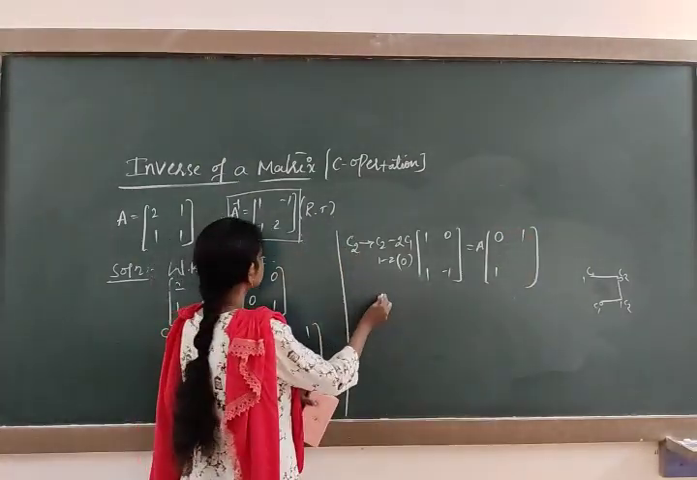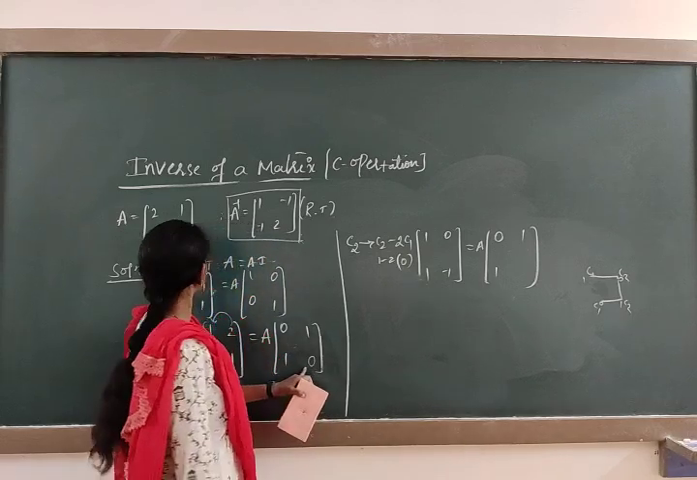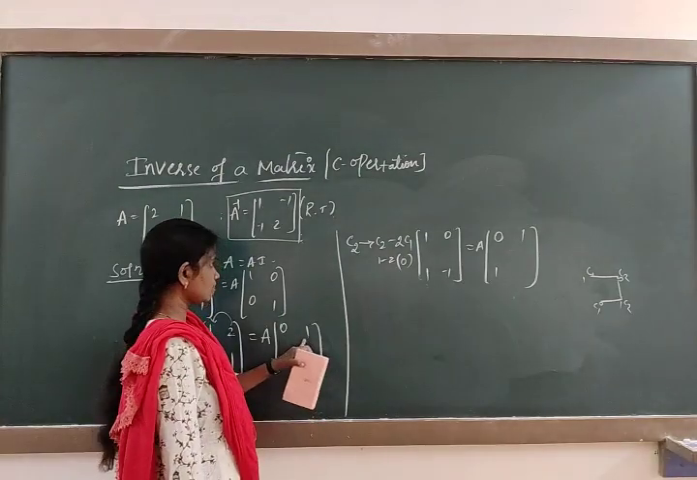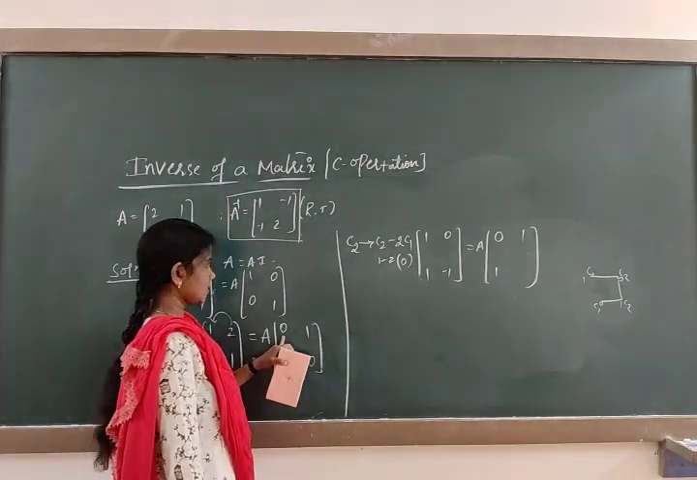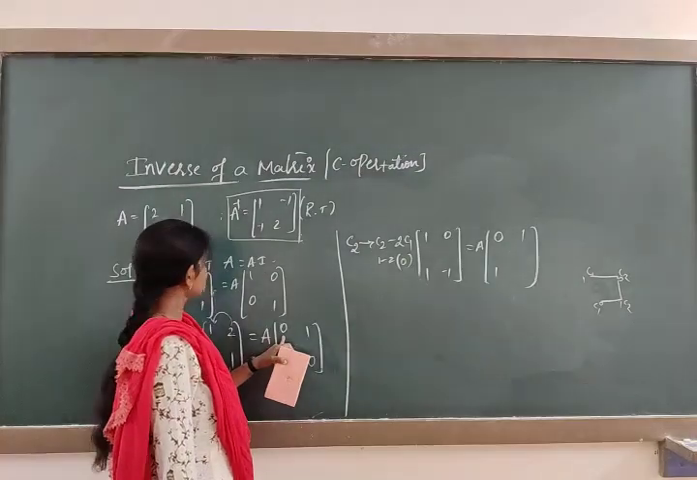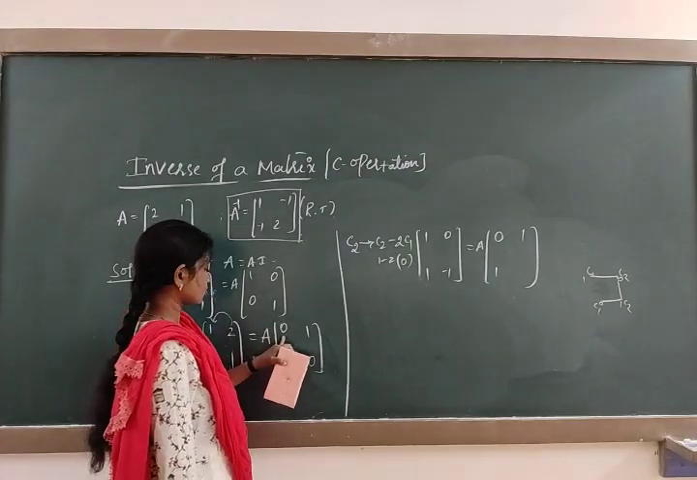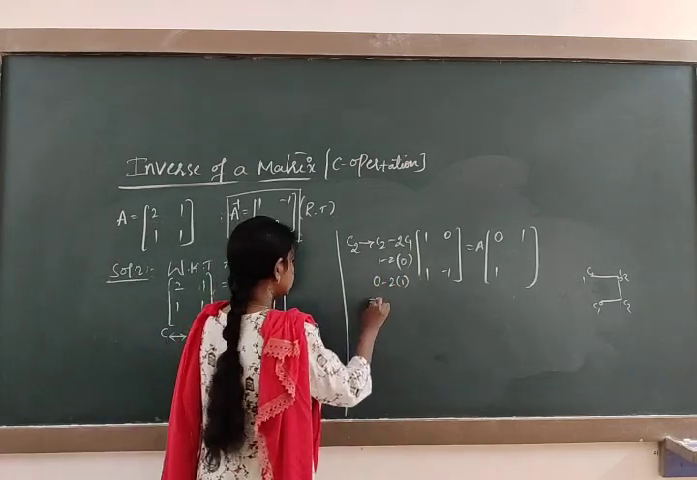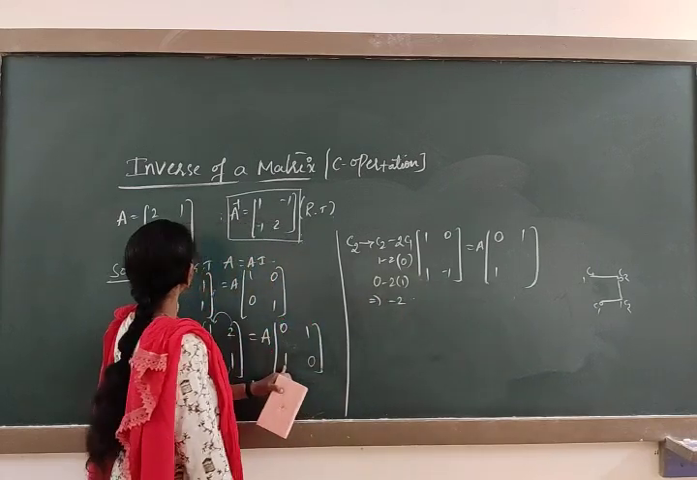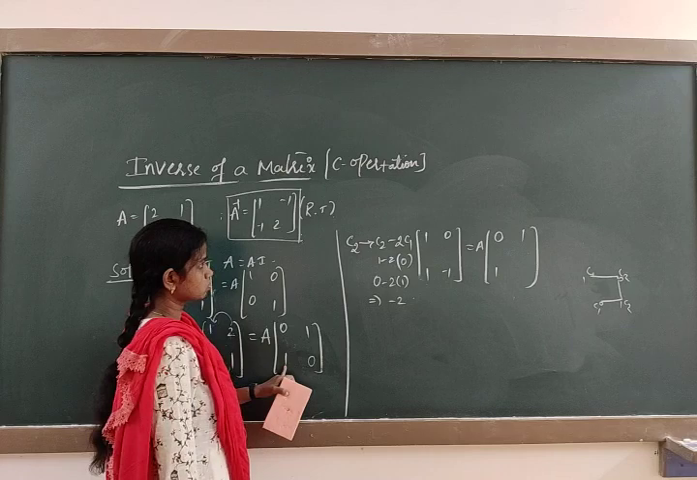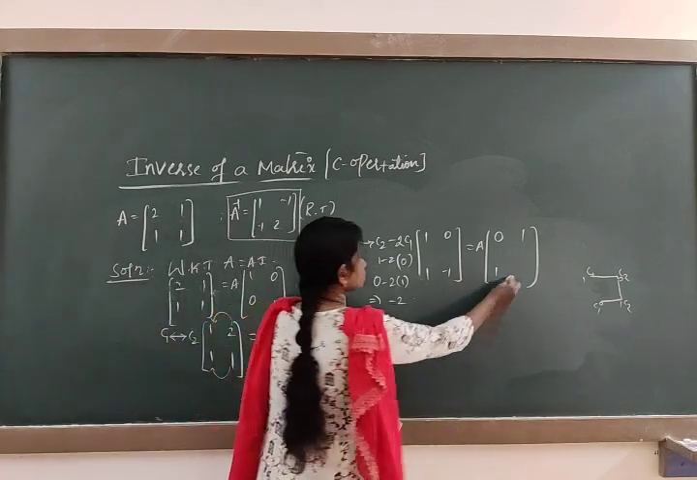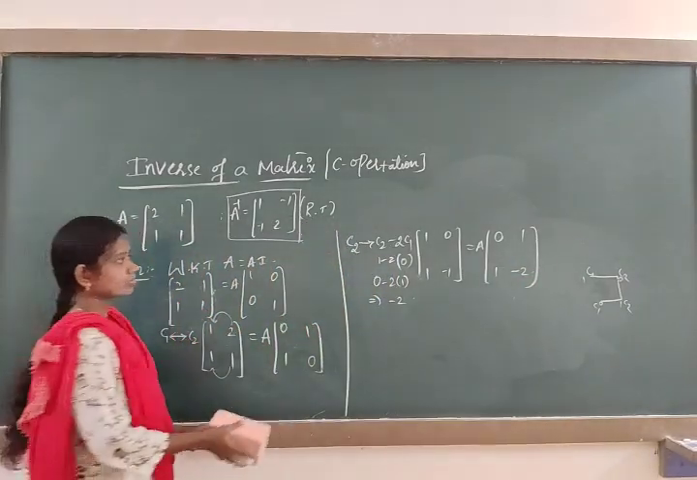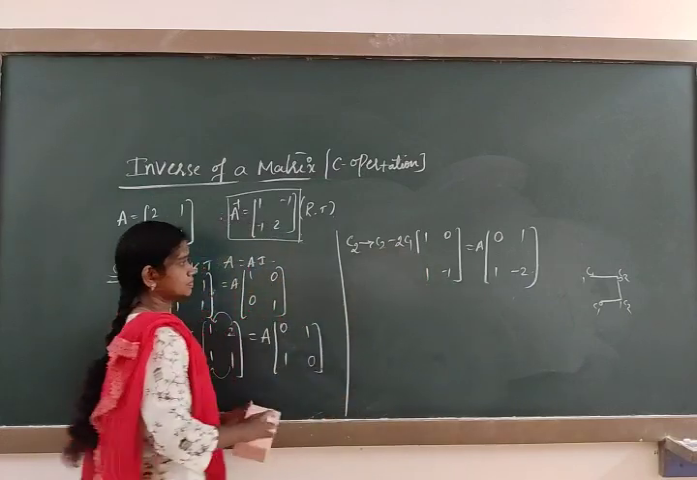Next this is 0. The C2 value is 1. 1 minus 2 of C1. It's a 0. This is 0 minus 1. 0 minus 2 into 1, it's a minus 2. It's a minus 2. Okay. Yes. Now